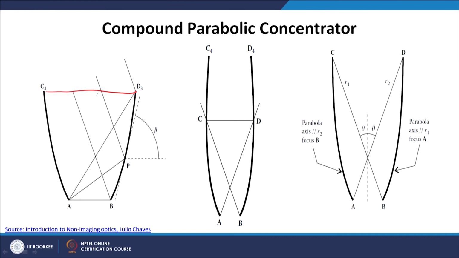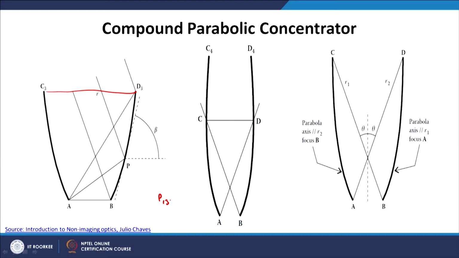So, we have focused all the radiation coming from the sun at a certain angle theta coming through this aperture CD, and all the radiation that enters through this aperture into this mirror cavity basically passes through AB, and such a device is called a perfect concentrator. The P13 for such a device will be equal to 1 because it concentrates all the radiation.